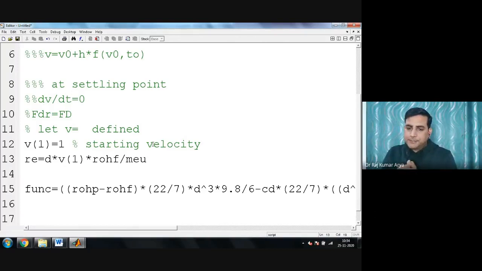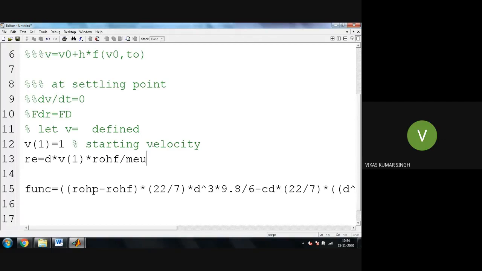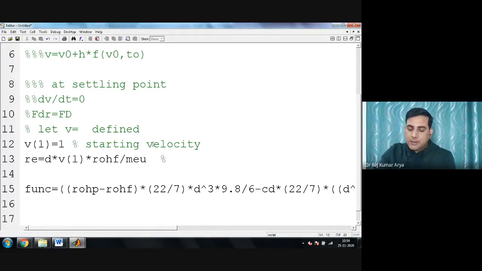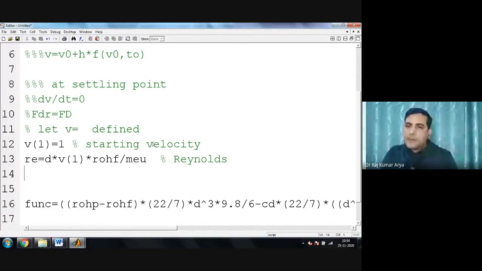Right. Once I got this RE, this is your Reynolds number. You can write it here. Once you got the RE, now you have to check where it lies. So let's say if this RE is less than or equal to, equal should come first, so less than or equal to, let's say, 1.9. For that case,